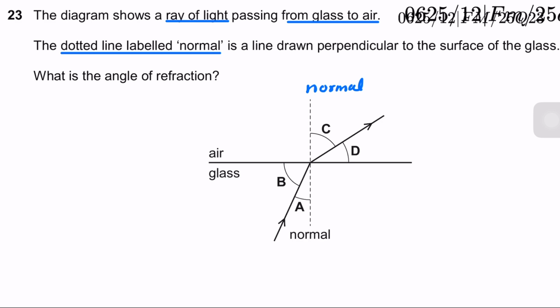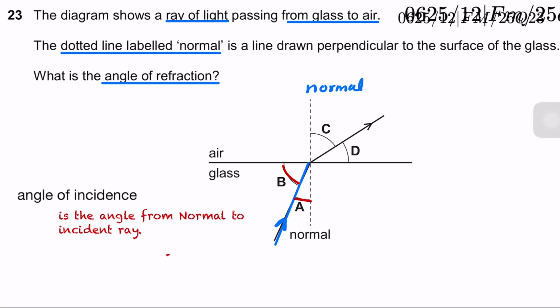To understand refraction, first we should know which one is your incident ray. Obviously, you would say that this is your incident ray. How can I say this is my incident ray? Based on the arrow. As you can see, the arrow shows that the ray of light is going from glass onto this point, meaning this is the surface between glass and air. Now, you have two angles here, A and B. Which one is your angle of incidence, A or B? We learned in the previous question that the angle of incidence is the angle from the incident ray to the normal. So A should be your angle of incidence.